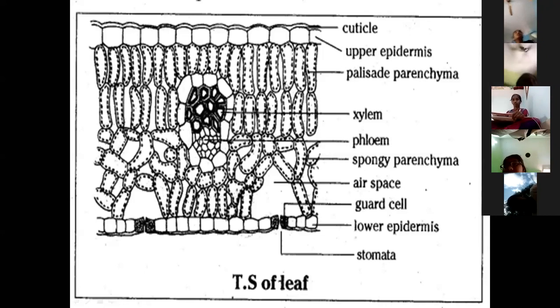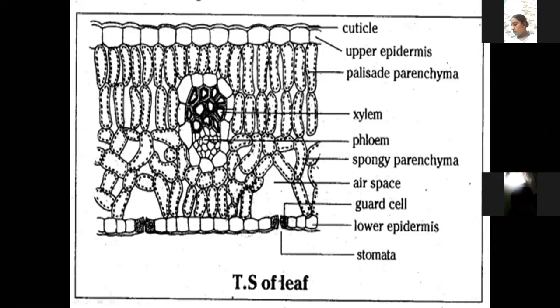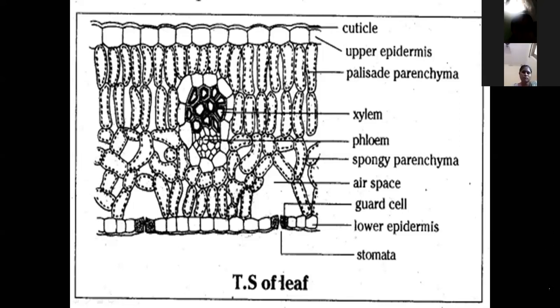The last part is stomata. A tiny pore in a plant leaf surrounded by a pair of guard cells that regulate its opening and closure. See, a door-like structure. It regulates its opening and closure and serves as the site for gas exchange, transpiration of the gases carbon dioxide and oxygen. Once again, see this picture.